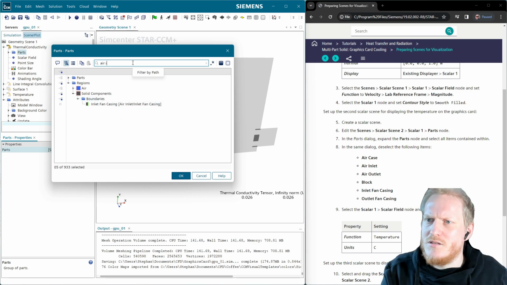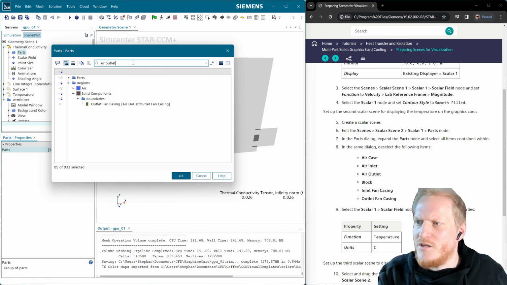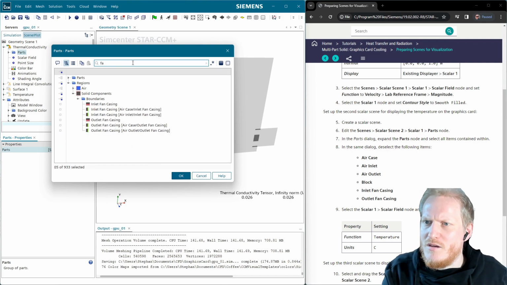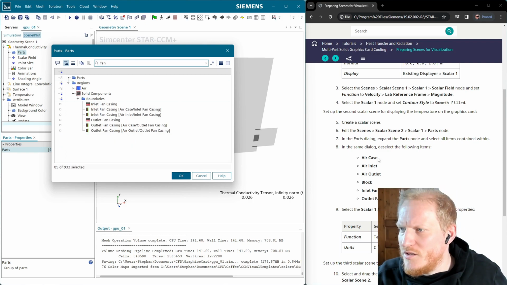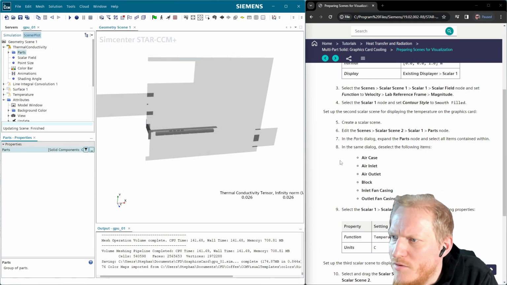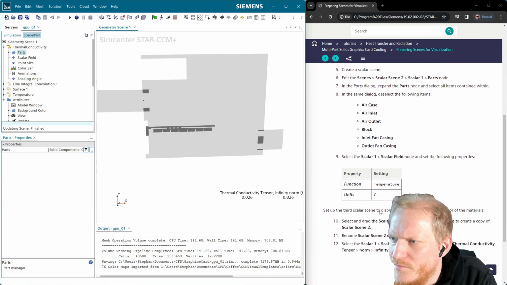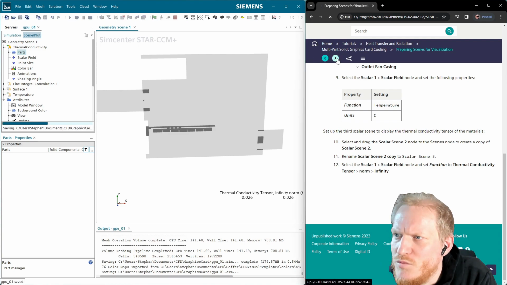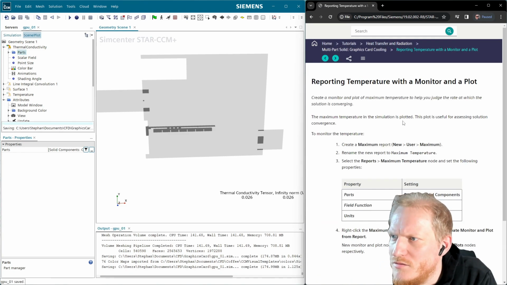Air outlet, we deselect as well. Block we don't have, and fan. That's all deselected. Okay, cool. Maybe that's what it should be. Okay, and once we're done with that,